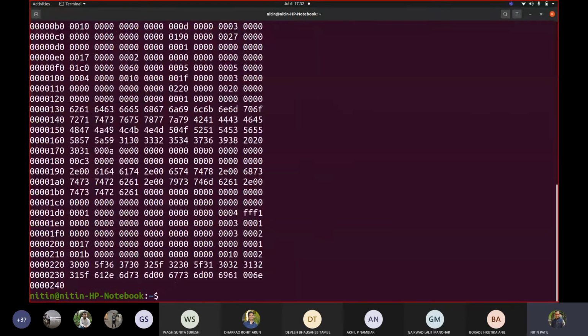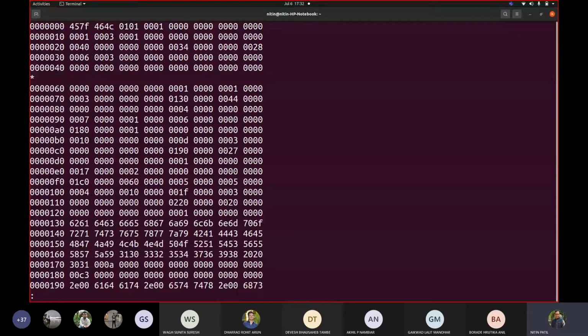Now where can we see the data part? Can you exactly find that? Let me simplify your task. If I write less, can we see that exactly? Now see this: 61, 62, 63, 64, 65.